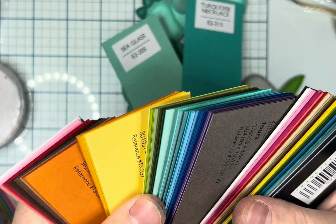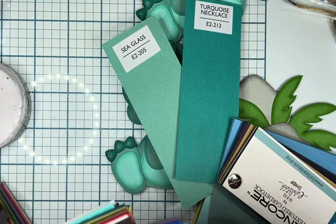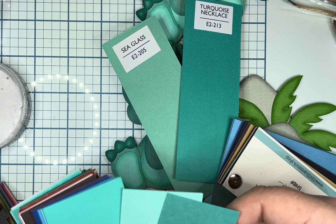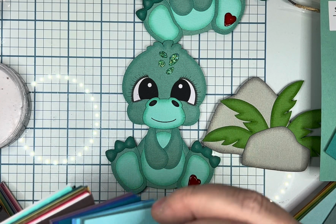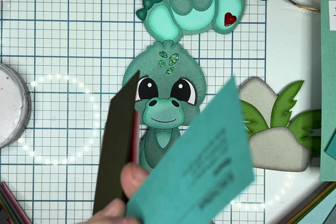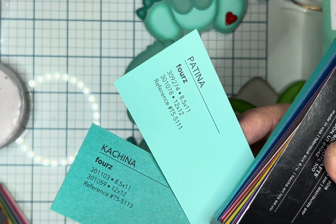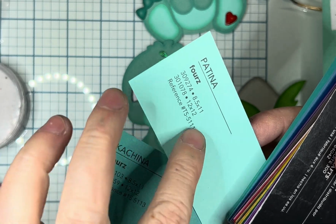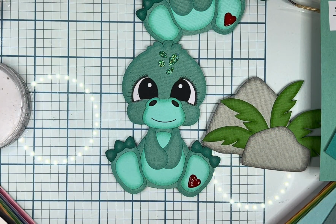And this is basil. I'm not even familiar with basil, but it seems easy enough. All right, I think I would go with those two. So if you're going to use basil, I would go with Kachina and Patina. And that's the Basil 4s. And lastly,